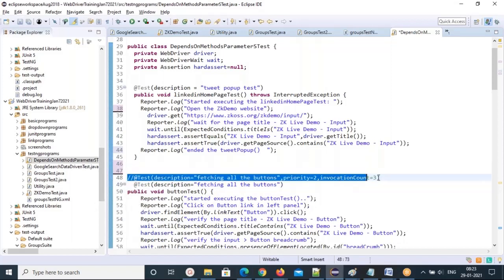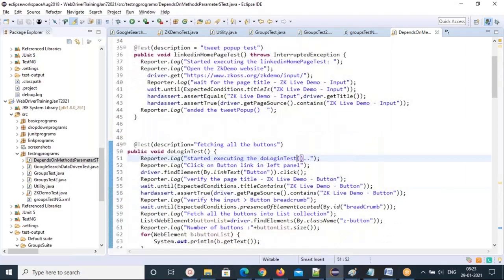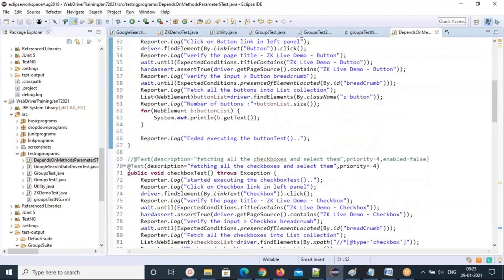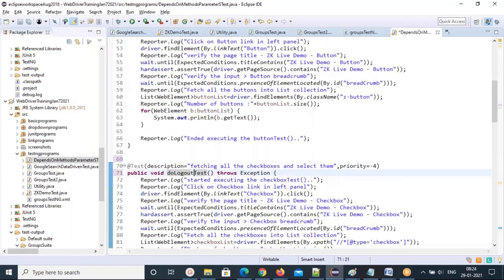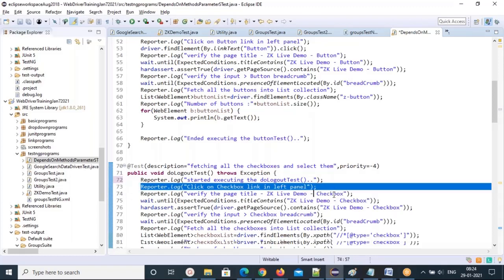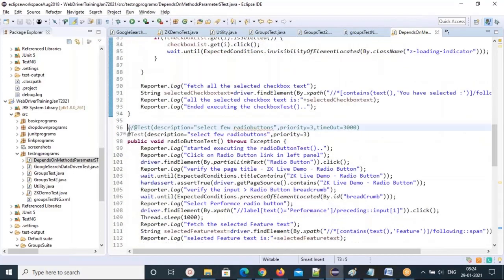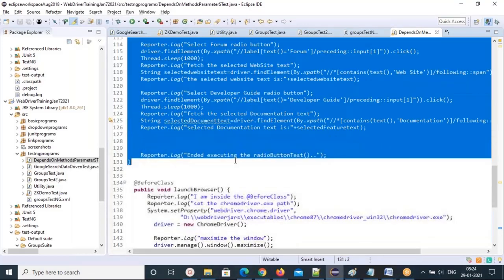The second test method is do login test I'm putting. So this is my test case, do login test. All login related I will do there. The next one is do logout test. Next test case is do logout test. These are all the things we don't need. Wherever you want, you can reuse the code. That's okay. Then I'll remove all these things I don't want, right?